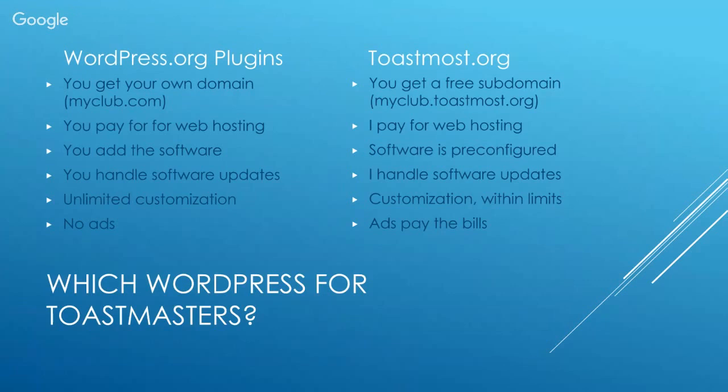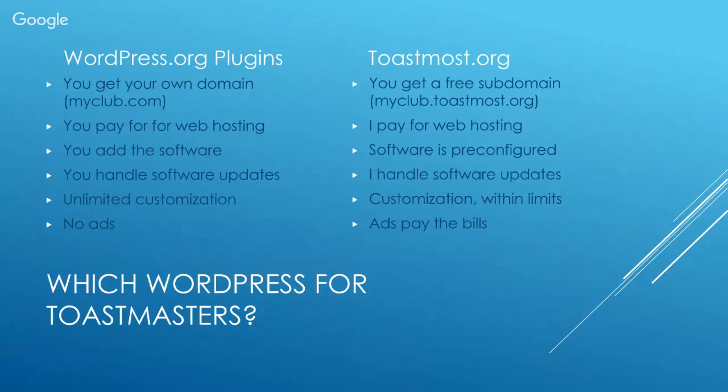WordPress for Toastmasters has kind of that same parallel. You can either get the plugins and what's called a theme, which is the look and feel. So that's what allows you to have the Toastmasters branding at the top of your site. And also, if you add the Toastmasters banner, you automatically get a disclaimer that is required by Toastmasters International, which will show up in the footer of your site. So you can get that software installed on your own setup,